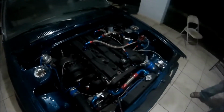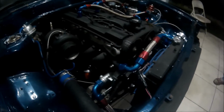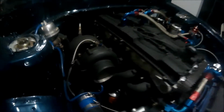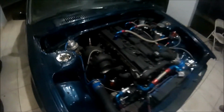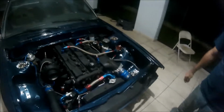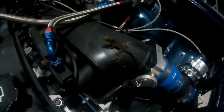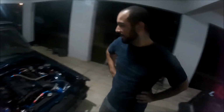Okay, so here you can get a clearer look at what's inside this thing. Oh, we got a friend here. Look at that. So yeah. As I said,